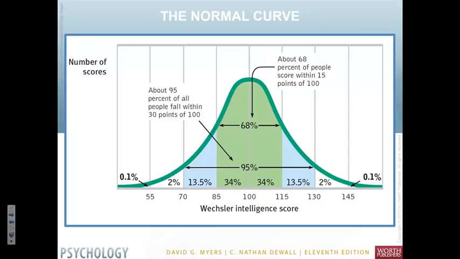Most importantly here, what I want you to see is that 68% of all persons fall within one standard unit, one standard deviation from the mean, either 15 up or 15 down. And if we go 2 standard units out, that encapsulates 95% of the people. So there's just a small percentage below 70 and a small percentage above 130. These are the extremes. And the only reason we have extremes is because most people are normal.